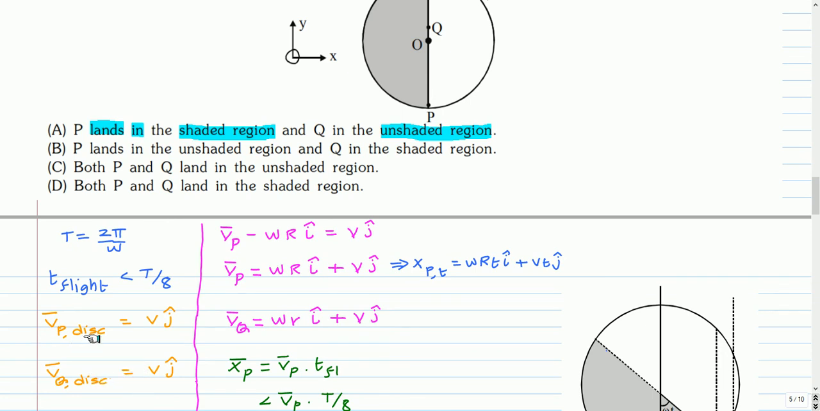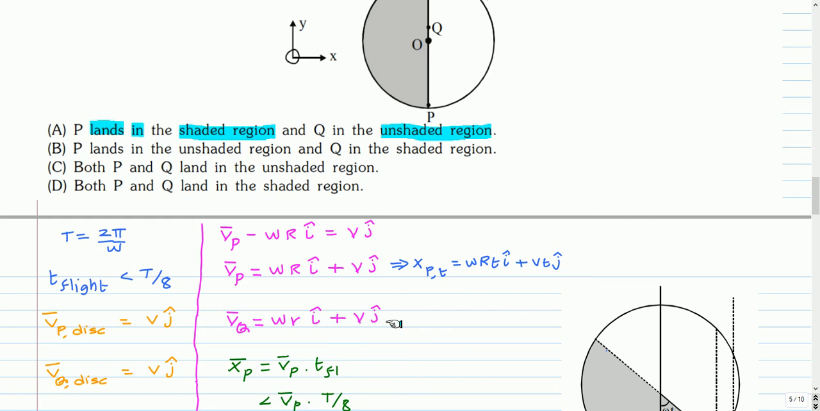And the velocity of P with respect to the disk is the velocity of the pebble with respect to the ground minus the velocity of this point P with respect to the ground, that is omega R in the i cap direction. And this is V j cap. So from this we get the velocity of the pebble with respect to the ground as omega R i cap plus V j cap, where R is this distance from O to P, and the distance from O to Q is small r. So the velocity of the pebble Q is omega r i cap